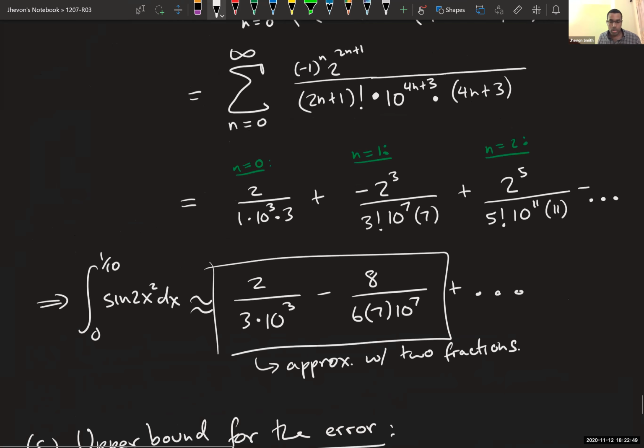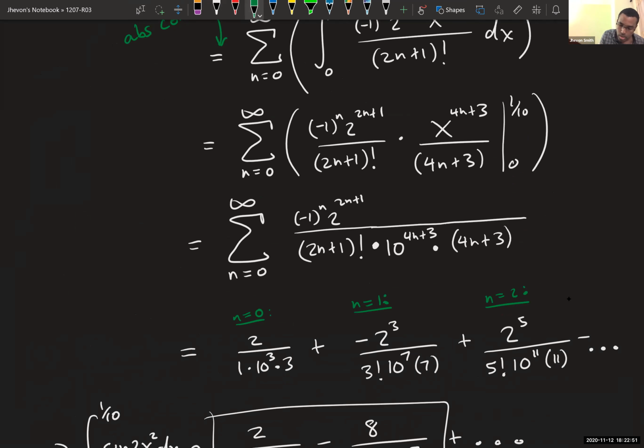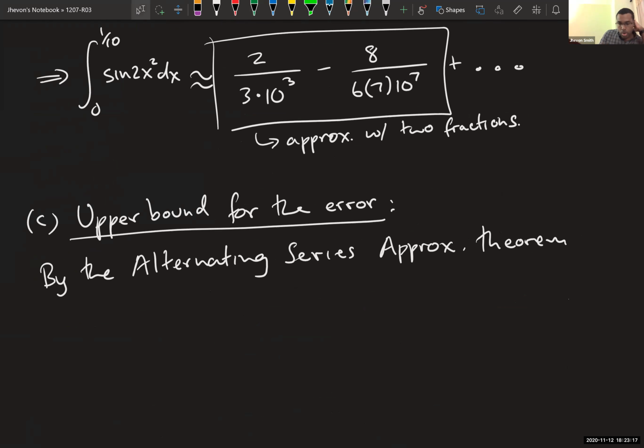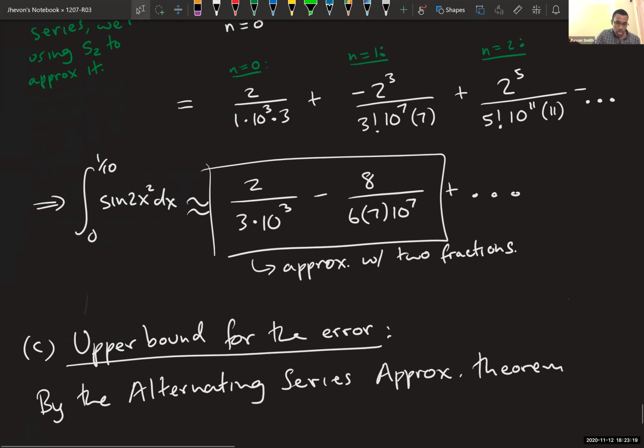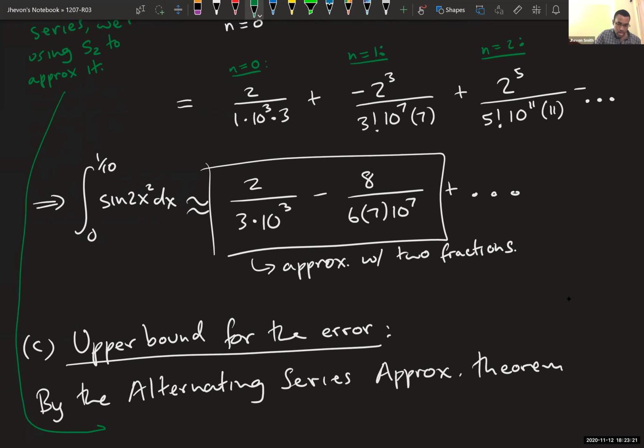So remember, notice here that this guy is an alternating series, and we're using S2 to approximate it. And we know by the alternating series approximation theorem, so this guy is going to apply down here,